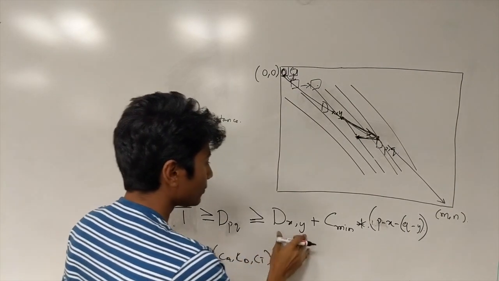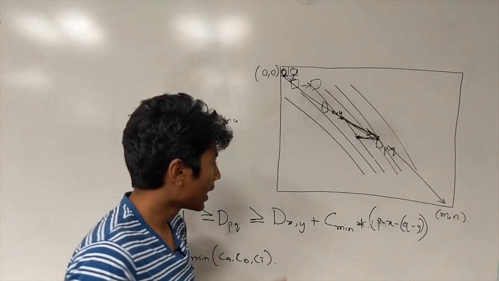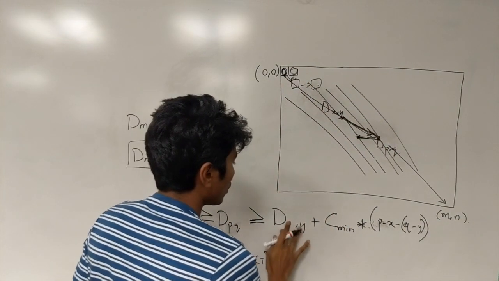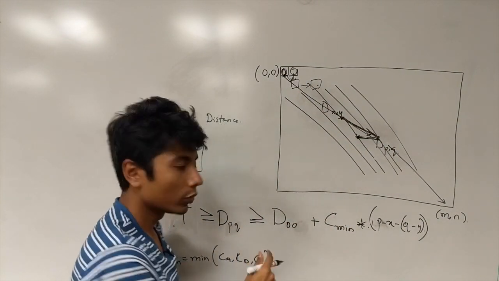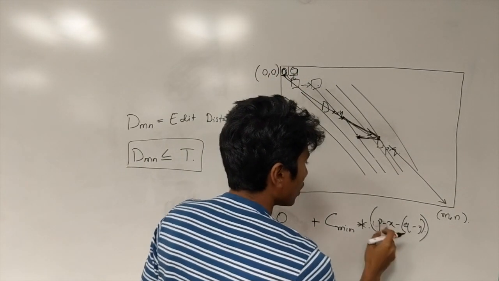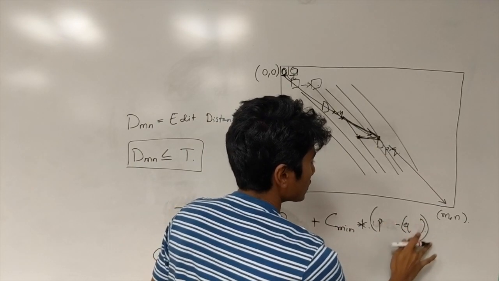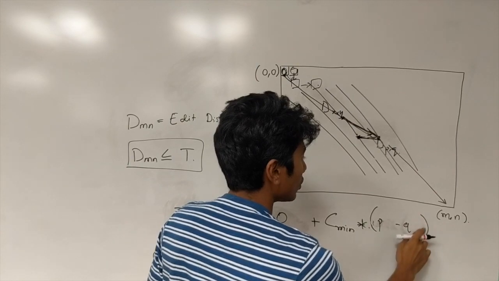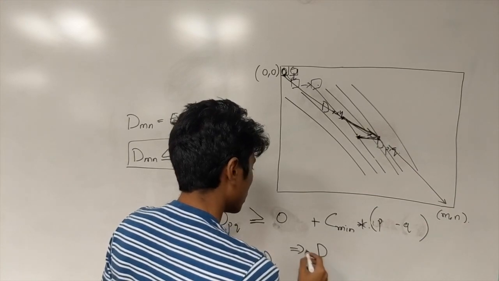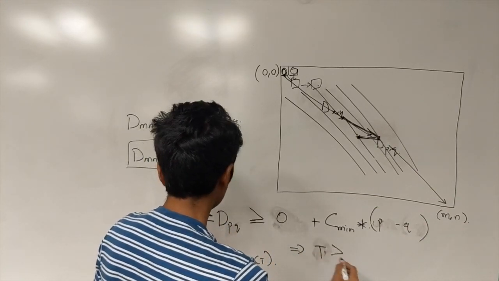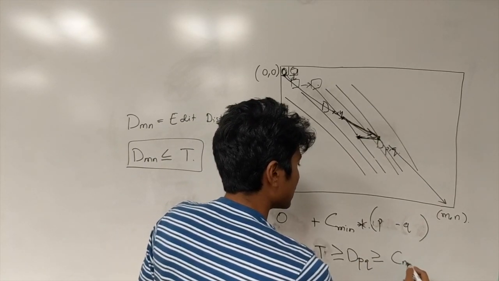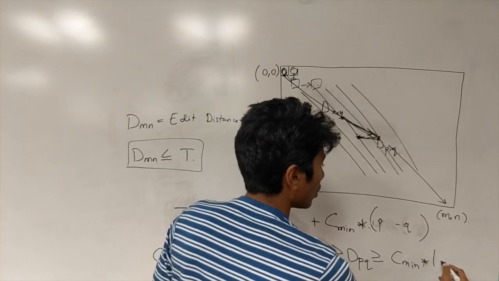And what I'm getting here is that d of xy. To make things simple, I'll just give x and y the value 0, because that can be any point. So, this point can be this point also. So, giving this d of 0, 0, which converts this to 0 itself, because the first point is 0. X is 0, y is 0. We have p minus q. So, this turns out to be t is greater than or equal to d of pq, which is greater than or equal to c min into p minus